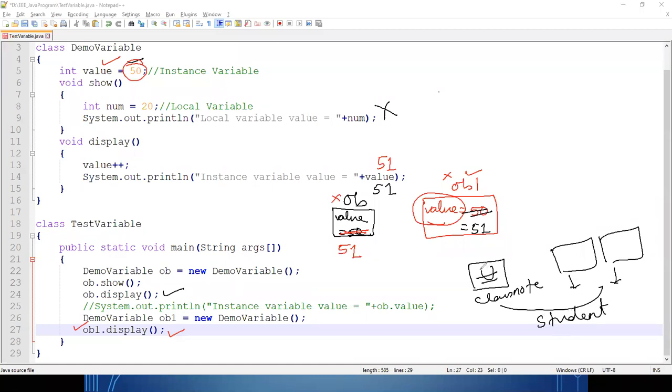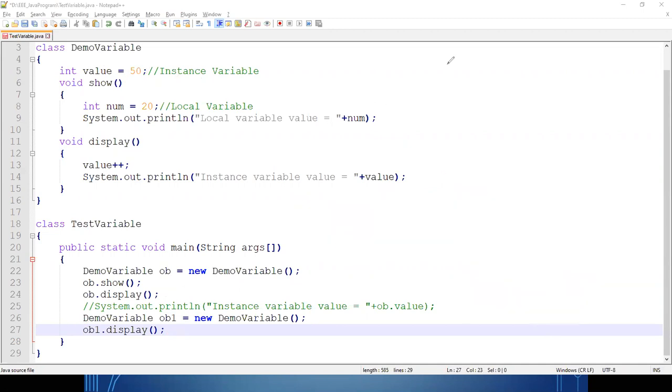Whatever you are writing, you are modifying, you are drawing your own picture in your copy while I am teaching you Java. Suppose you are playing the Sudoku game. Whatever you are doing, that is only reflected to you. That is not reflected to others. So that is the use of your instance variable. So instance variable is separate or individual to every object.